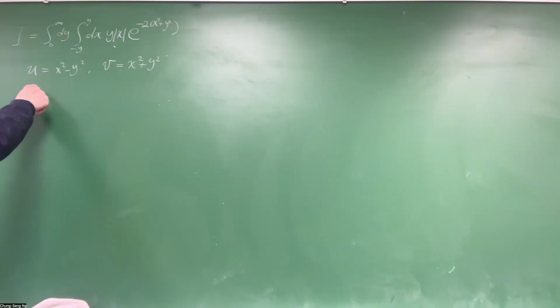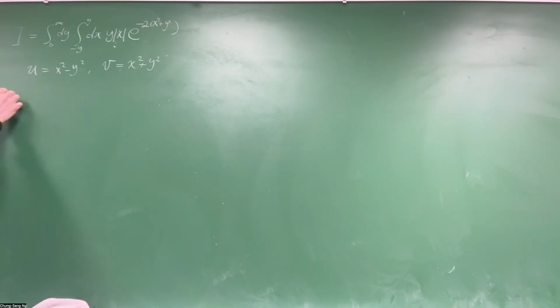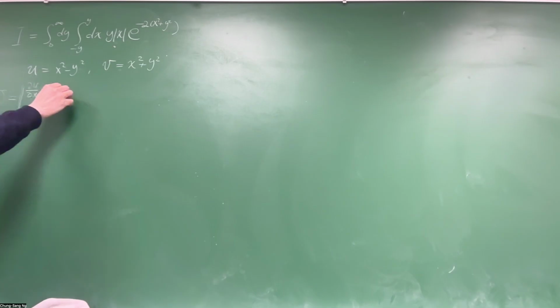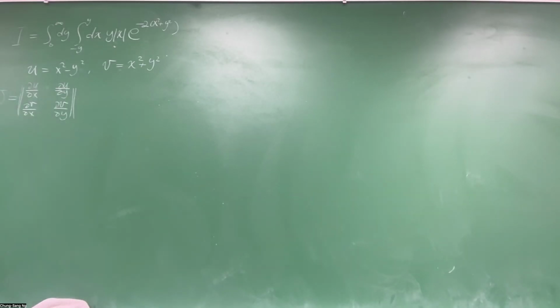So the transformation is like that. The Jacobian is the determinant, the absolute value of the determinant. Define it as absolute value. So partial u partial x, partial u partial y, partial v partial x, partial v partial y. It's the determinant, and then take the absolute value, and we'll figure out the sign by the limit,